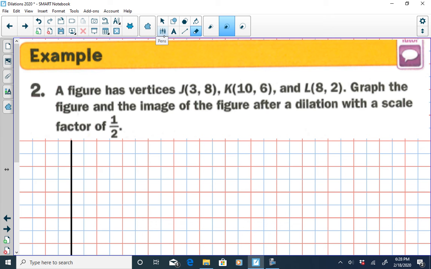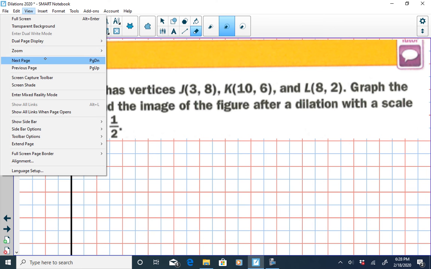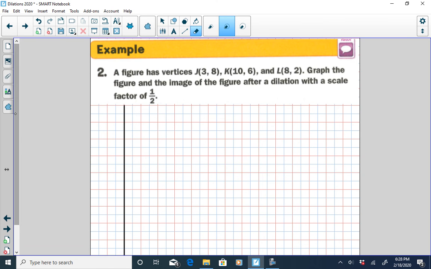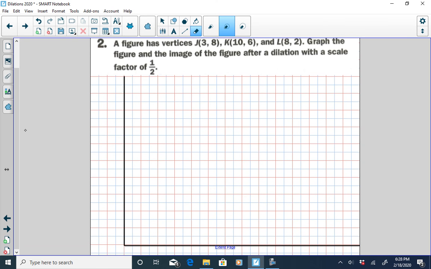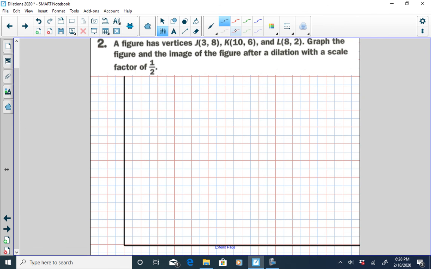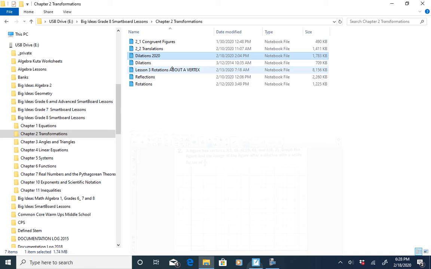The figure has vertices at 3, 8, 10, 6, and 8, 2. We want to graph the figure and its image after a dilation with a scale factor of 1/2. Right? Let's zoom this out a bit so we could see the whole thing. So we zoom this out, looks like something like this. Now before we do anything, I like to get the coordinates of my image. So let's start with